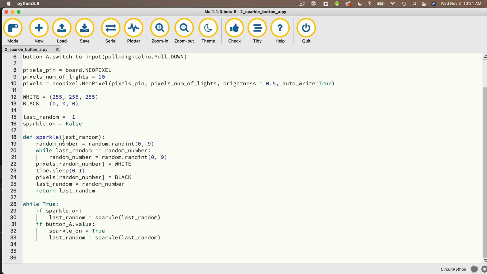Inside the sparkle function, what we do is we generate a random number using random.randint from 0 to 9. This is going to do all of those numbers inclusive, so we could get any number as low as 0 and including 9. Now, what we do here as well to make sure that we don't have a repeated random number, which wasn't necessarily asked for in the question, is we check to see if the last random number equals the random number, and if it does, we generate a random number again. So we will continue to generate a random number inside of this while clause until we get a number which is different from the